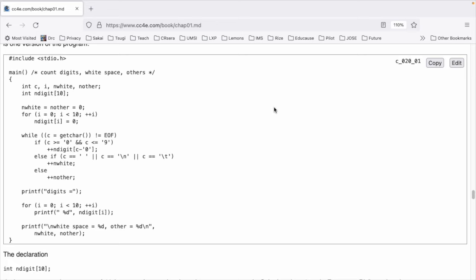So I recommend that you go check out the textbook on page 20 and find this actual code. #include <stdio.h> main() { int c, i, nwhite, nother; int ndigit[10]; nwhite = nother = 0;